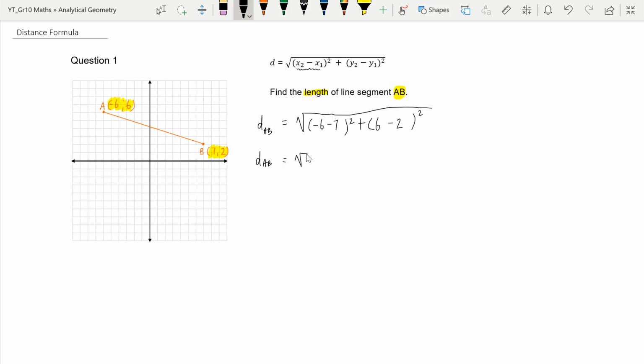All right, so if we subtract those two, what is that? Yeah, if we take -6 and we take 7 more away, it should give us that. And then that should give us a 4, 6, and take 2 away. All right, I'm showing all my working just like you should. And if I square that, and if I square that, okay, perfect. So far, so good. Now we need to put those two together, the 169 and the 16, and that gives you